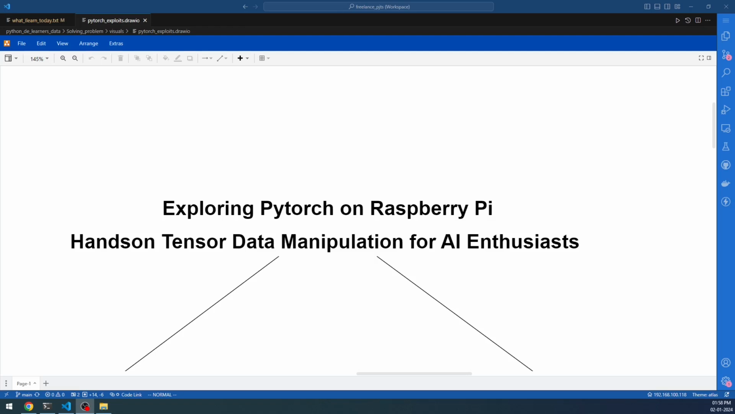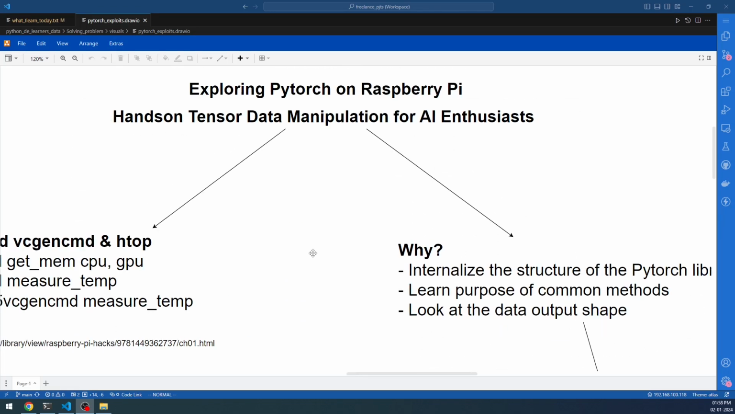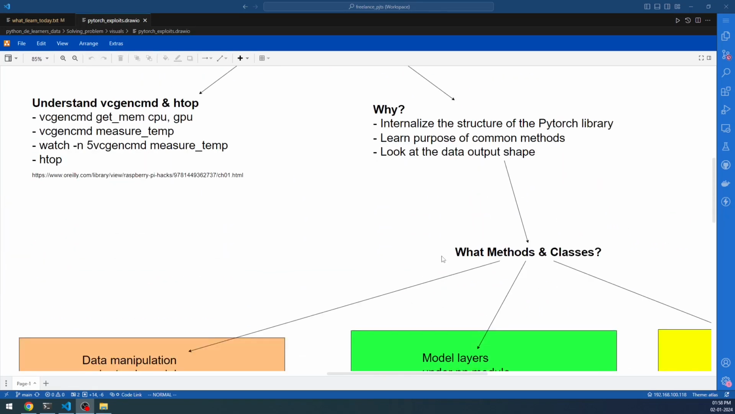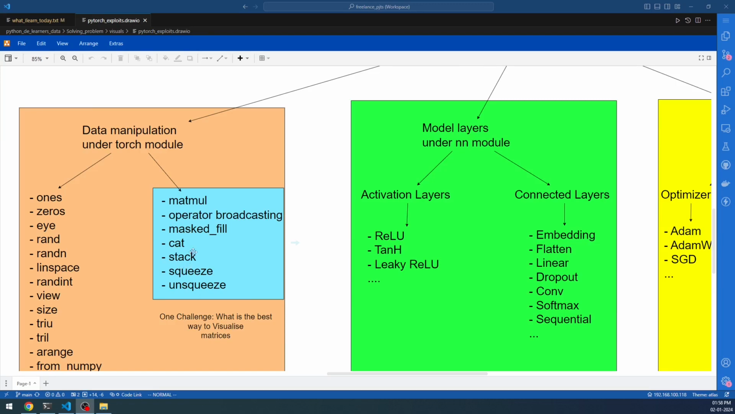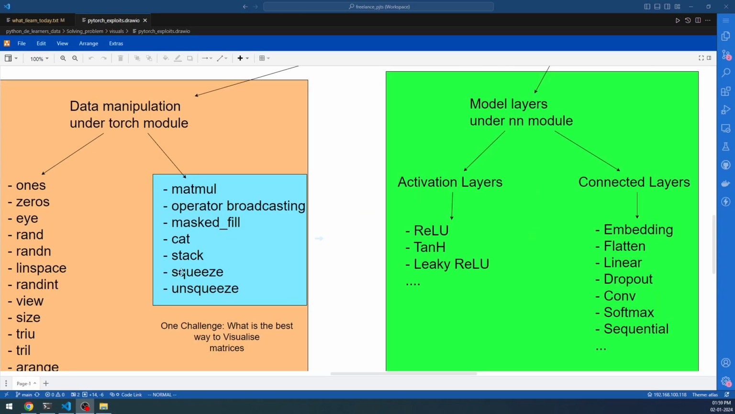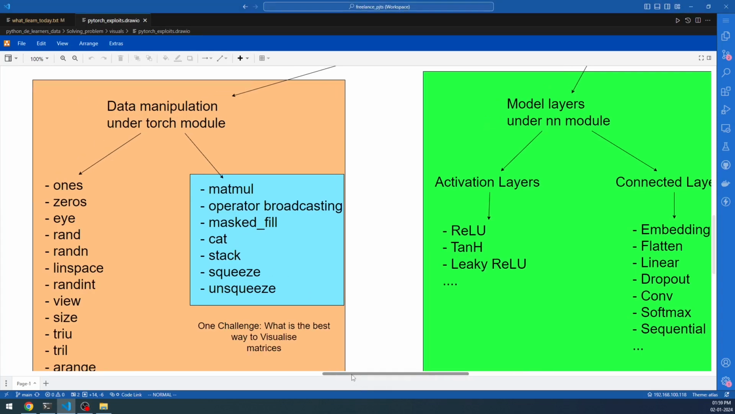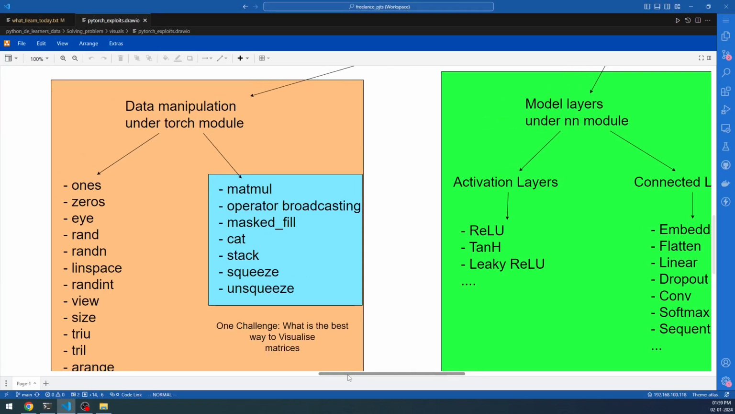Exploring PyTorch on Raspberry Pi, hands-on data manipulation for AI enthusiasts. This is part 5 of the multi-part video series that I am creating to explore the Torch module and its submodules. In the last video, we got introduced to cat, stack, and squeeze functions. Also, we understood how to visualize and think about batches of n-dimensional tensors. That is something that we started practicing, and we will continue in that direction of further